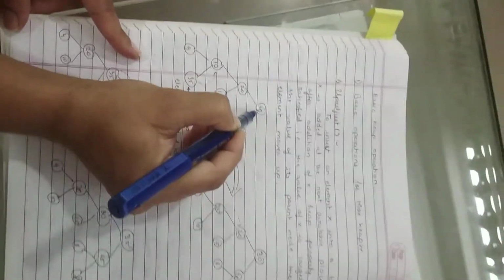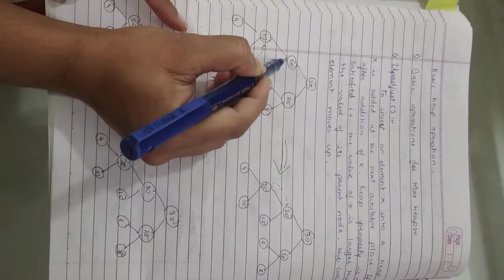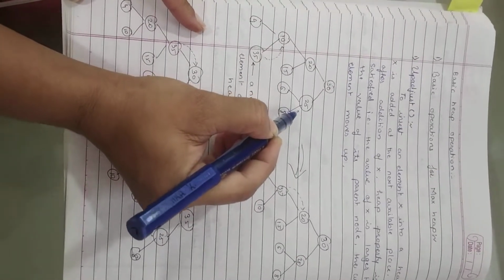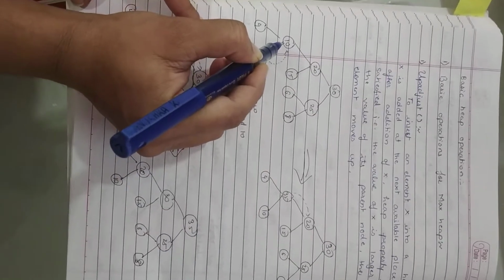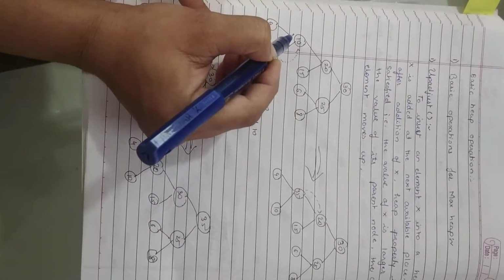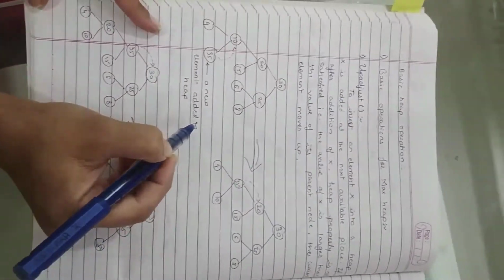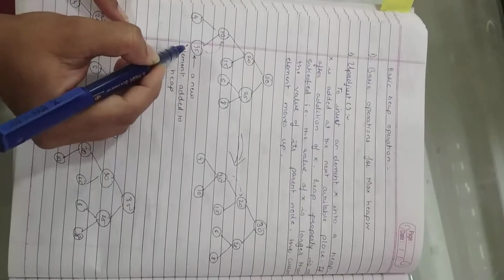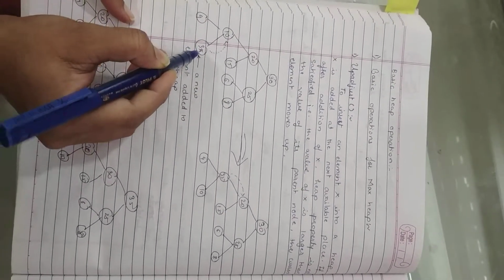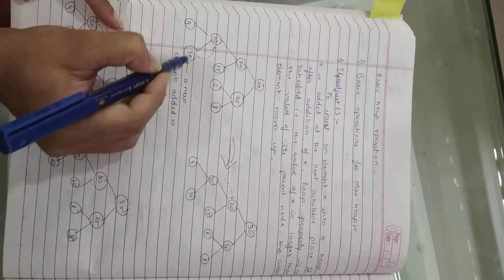Whenever we have to insert an element, suppose 30 is the root node, then 20 should be at the left side, then 25 should be at the right side. Now if we want to insert the next element, that is 10, we should insert it at the left side of 20 only, and we have to fill all the elements level by level from left to right. Here we have to insert 35, and the right child is not present for 10, so we insert 35 here.